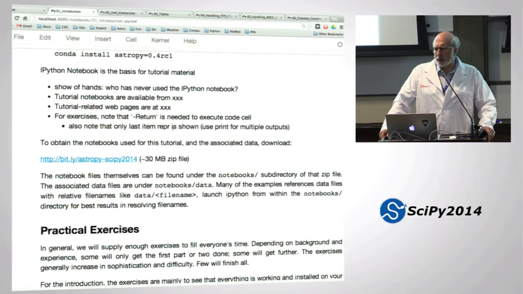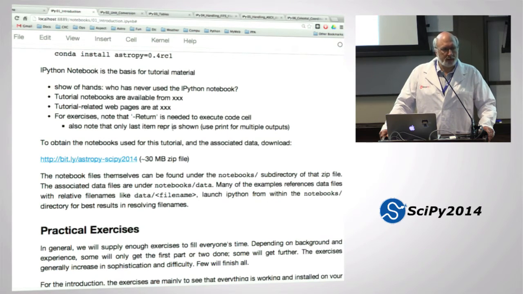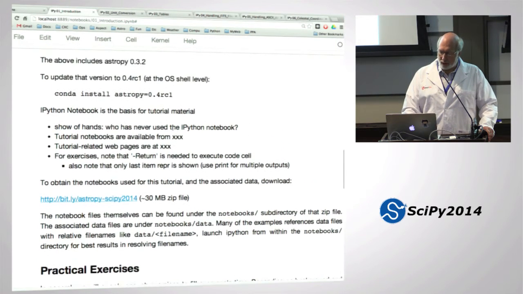And I'll let other people add a little bit to this, different things that are going on in current development. For this segment, the